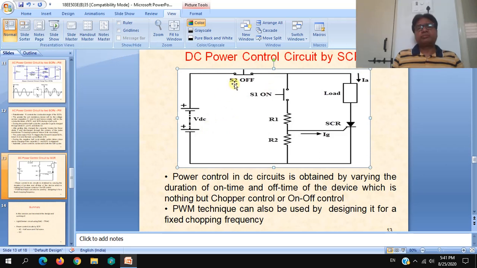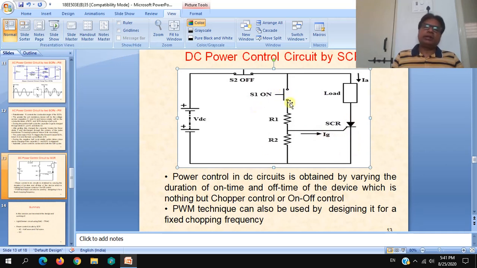Just imagine that this switch S2 is a normally closed switch, so the SCR is forward biased, and this other switch is a normally open switch. So when you want to switch on the actual circuit, you just press this switch. Current flows via this resistance combination, and when the voltage drop across this resistance is sufficient to trigger the gate, the SCR conducts.